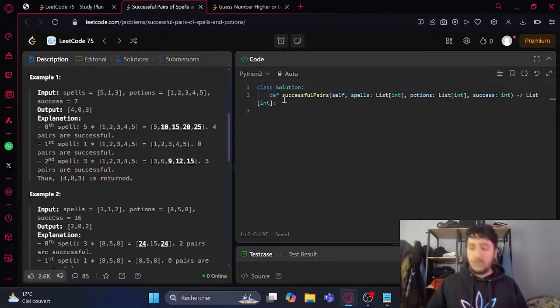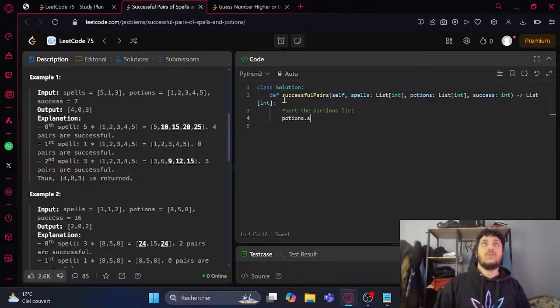Okay, let's go. So let's sort. So first we're gonna sort the potions list. Okay, so potions dot sort. And then we're gonna iterate through spells. So for s in spells,